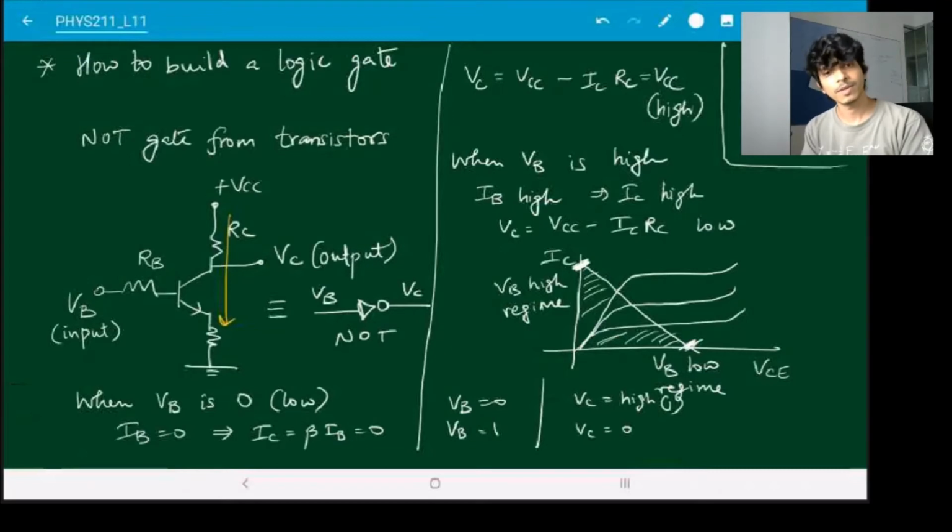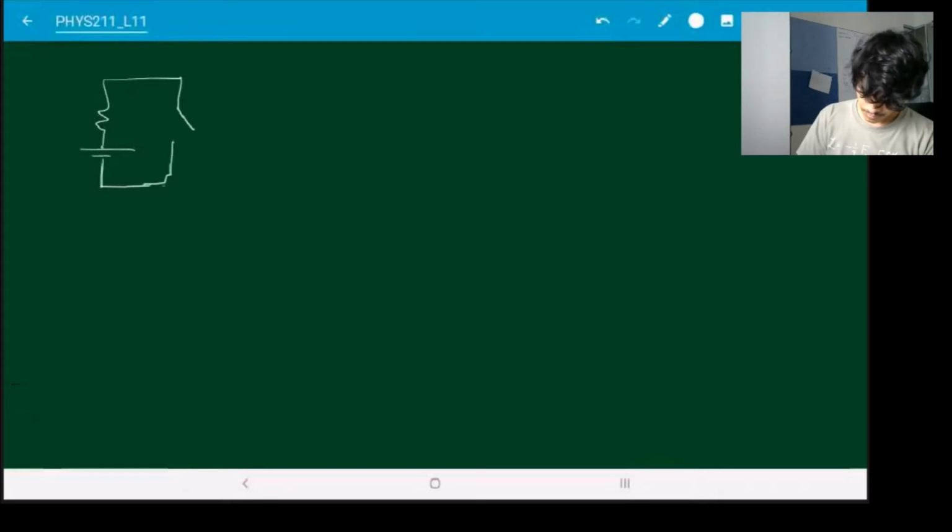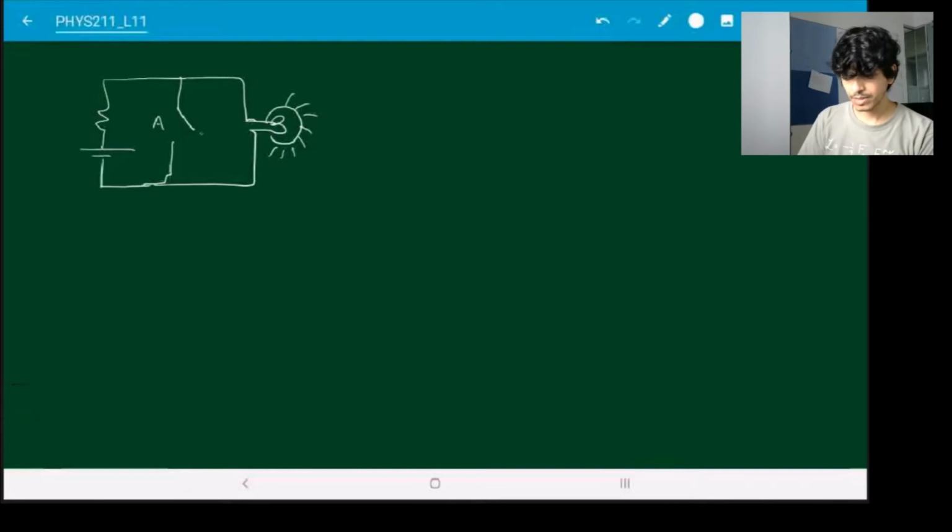So this is one way that you can build a NOT gate using transistors. Of course, this is not the only way. You can build it lots of ways. We also saw one trivial way using just switches and resistors, right? What was that like? We had drawn it last time. NOT gate. So I think it would look something like this. We said that if this switch A is open, then this conducts. So if A is 0, then the bulb is 1. And if A is 1, then the circuit will just flow through this and not through the bulb. Then bulb becomes 0. So this is also a valid representation of a NOT gate using just resistors and like a switch.